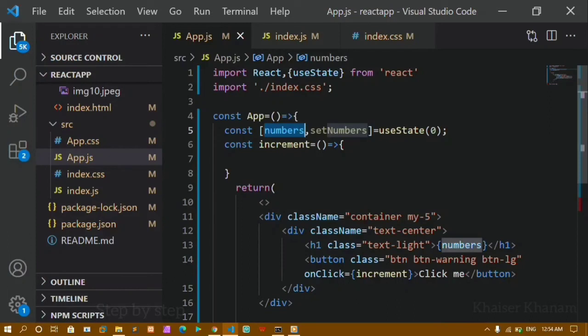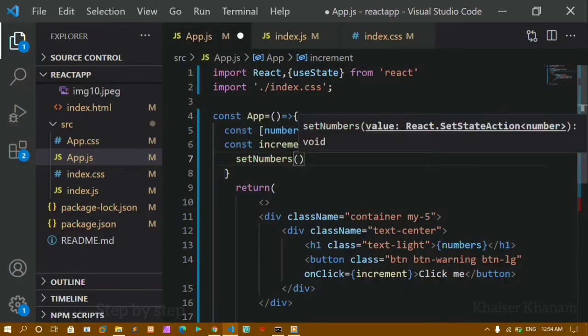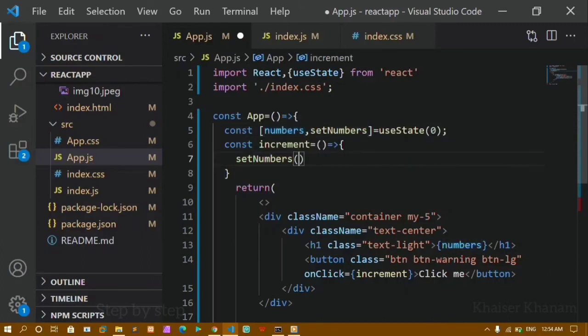Now whenever I click on the button, I have to update this value. To update the value, we have this one, second variable. I'll just paste that one. Now here whatever number value I am having, plus 1. Okay, I'm just going to do that one. Whenever I click, whatever data I'm having inside num, now it is having 0. So 0 plus 1, I'll be getting 1. Again now it will be having 1, 1 plus 1, again 2. Okay, it keeps on going like that.